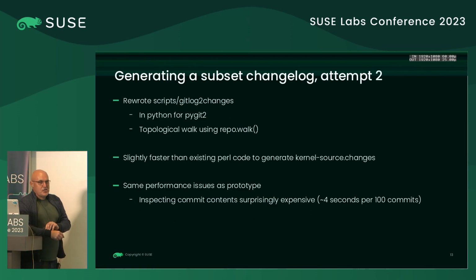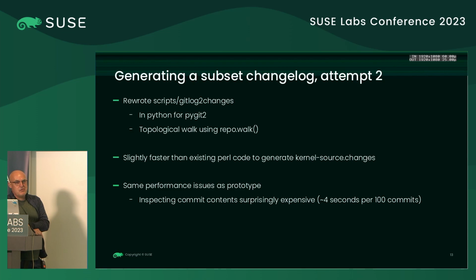So that was really slow. So I decided that I was going to try and make it a little faster. And so scripts.tar invokes this script called git-log-to-changes, which is written in Perl. And I rewrote that in Python to use pygit2 using a topological walk. And it ends up being slightly faster than the 4 seconds to regenerate the kernel-source.changes, but same problem as the prototype. As soon as you actually have to inspect the commit, the performance just goes down the toilet. It's about 4 seconds per 100 commits, and I said there's 162,000 in the rev-list. So